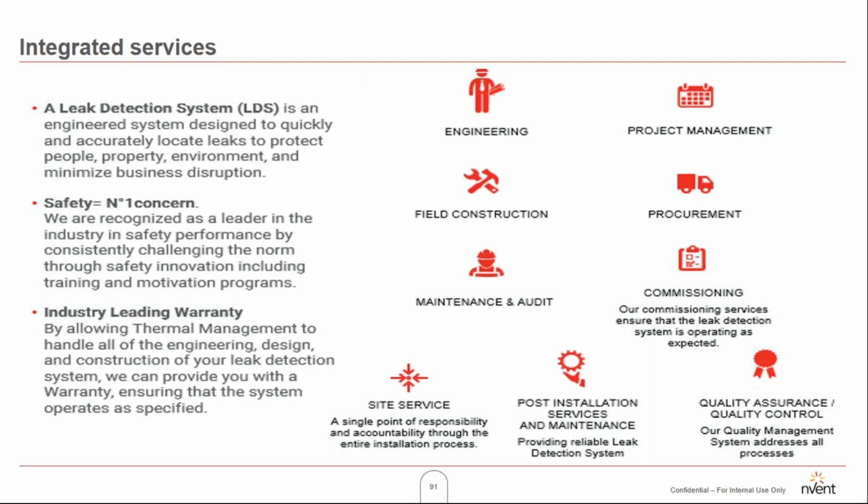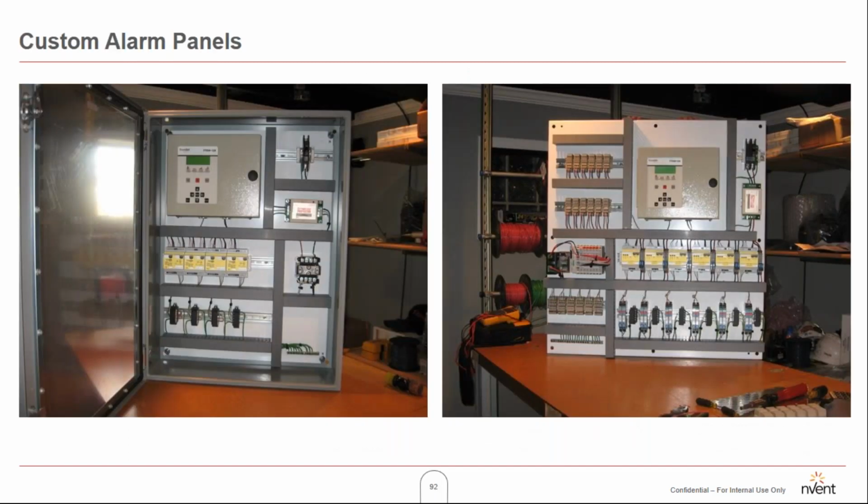We have a complete design team based out of India and the Middle East, wherein we have a team which is capable of making a proposal, designing these systems, carrying out all kind of field services. These are all niche product lines, so we provide all the necessary support in not only manufacturing our products, but also making sure that they are properly implemented at the site with all these necessary supports. One of it is making these custom control panels, which are best suited and customized to different project requirements based on the design that is being done. So all those options are